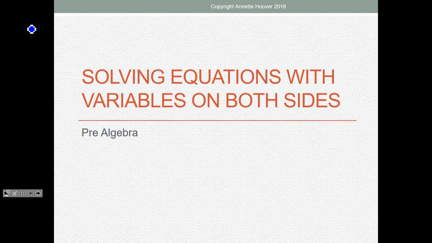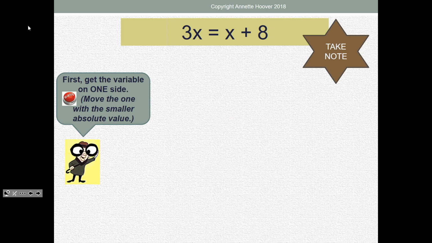Okay, in this lesson today, we will be looking at solving equations with variables on both sides of the equation. So up here we have 3x on the left side of the equation, and we have x plus 8, or 1x plus 8, on the right side of the equation. Since we have a variable on both sides, the first thing we want to do is get the variable on